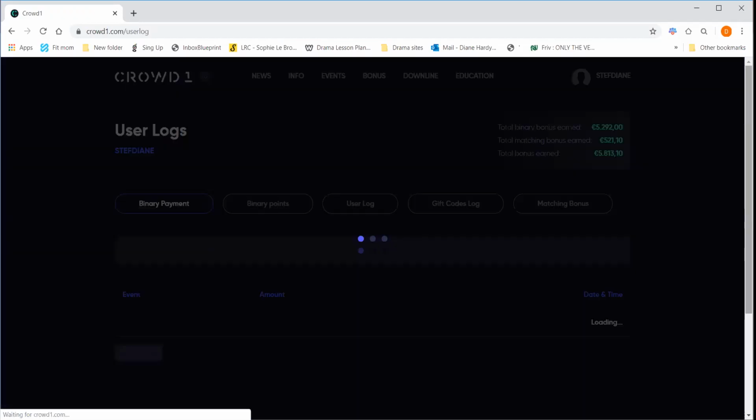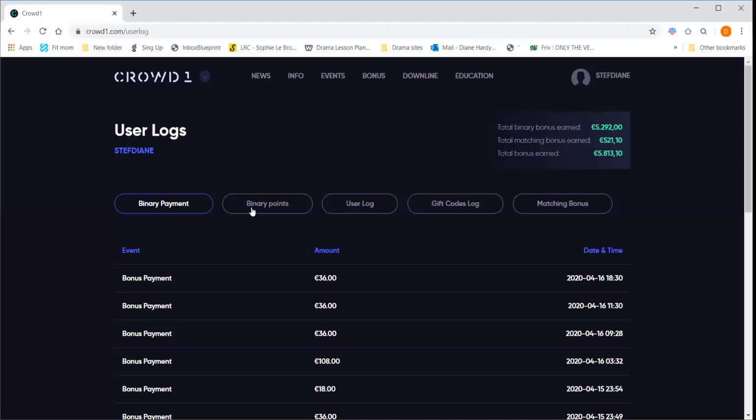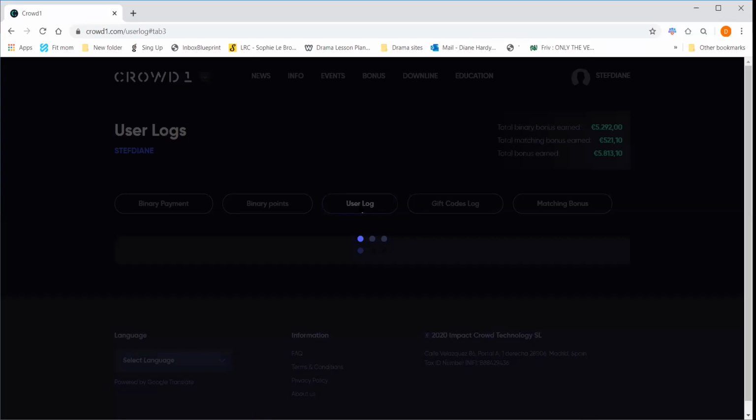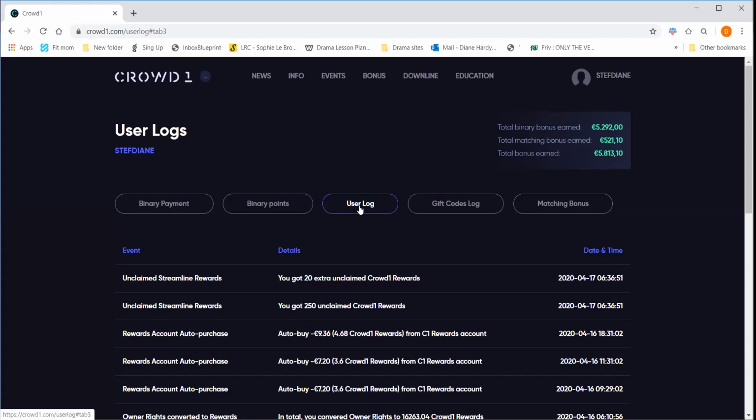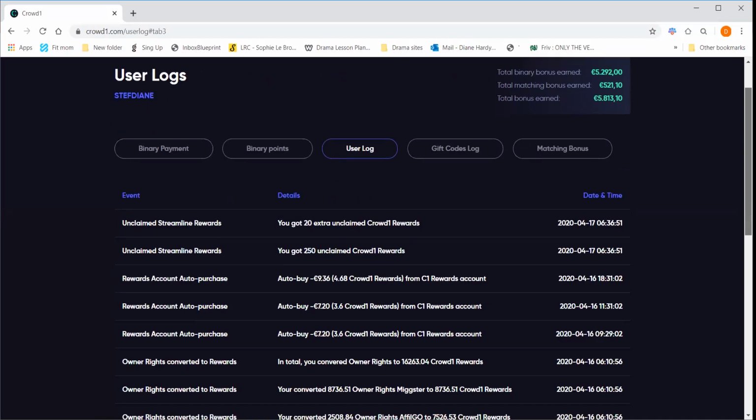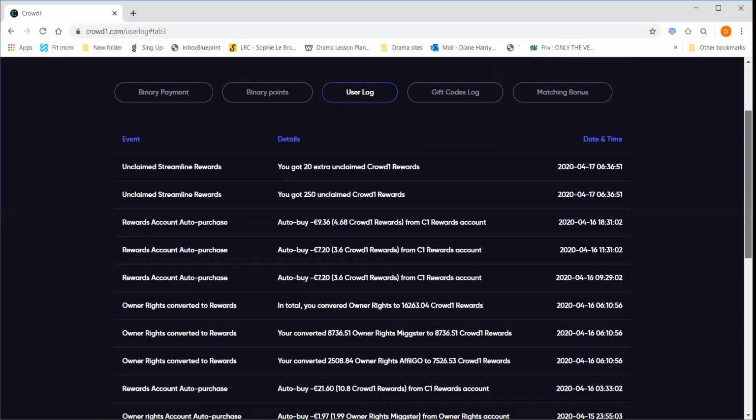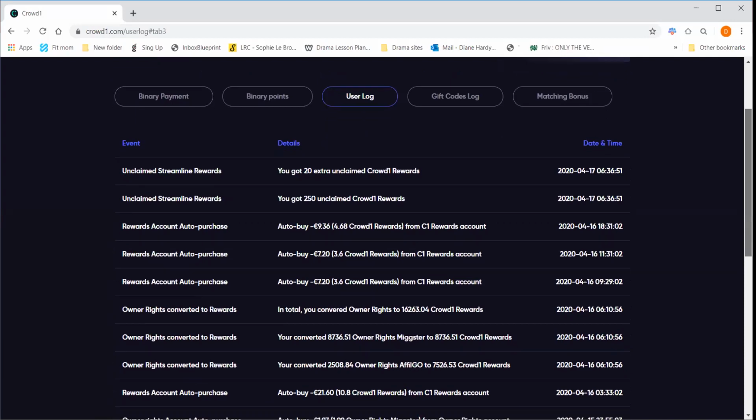So here you have the binary payments, then binary points we spoke about, and then user log. This is quite an important one that people always want to know about, because here is where you can see the Crowd1 rewards that you claim. As you can see, I haven't claimed my rewards today, not yet. But here you can see the rewards that are available to claim, and that you have claimed and not claimed. And the system automatically buys owner rights when you start earning money. So on your binary bonus,